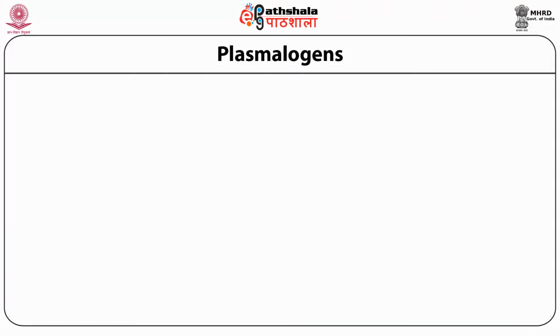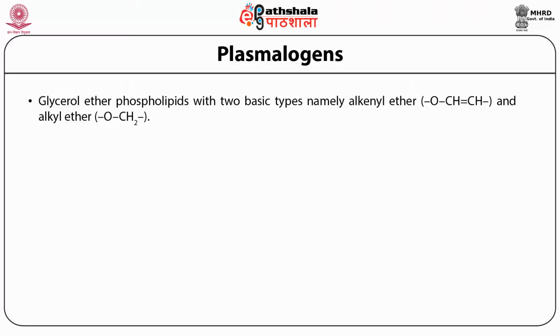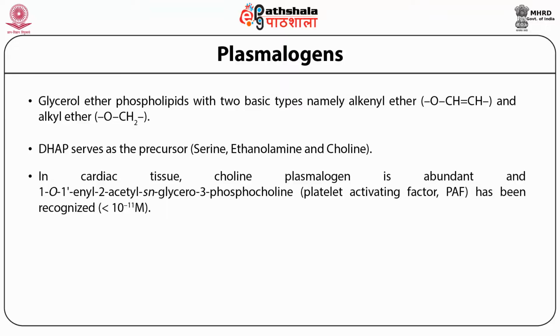Plasmalogen. They are glycerol ester phospholipids with two basic types, namely alkenyl ether and alkyl ether. Dihydroxyacetone phosphate serves as the precursor for its synthesis, and three most important classes of plasmalogens have been recognized. They are serine, ethanolamine, and choline plasmalogens. In cardiac tissues, choline plasmalogen is abundant,